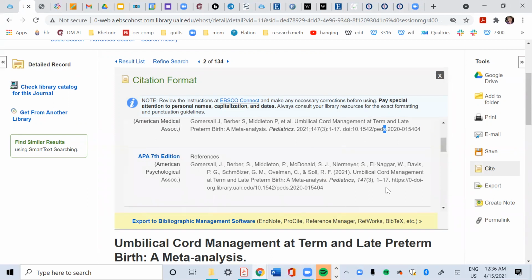In this particular case, they have capitalized all the words in the title, which is not what APA requires. APA requires what's called sentence case. And so you can actually copy this,